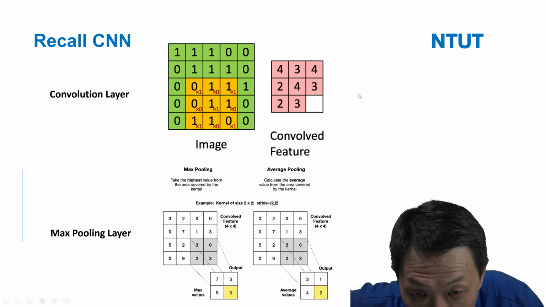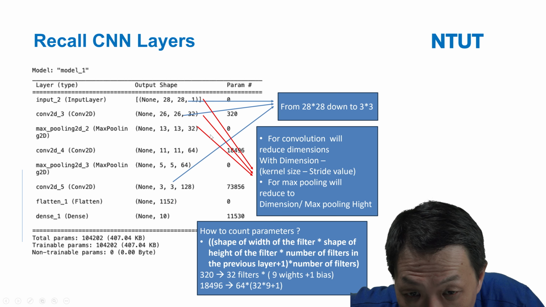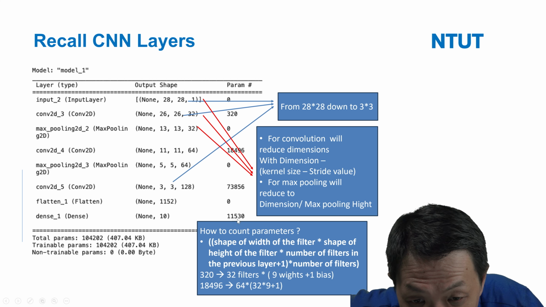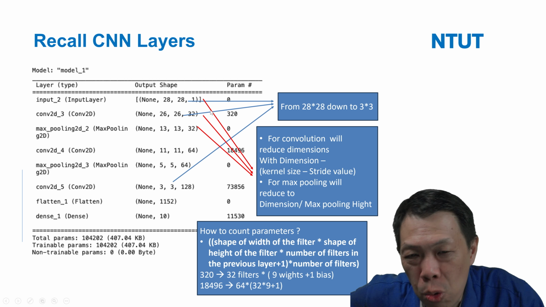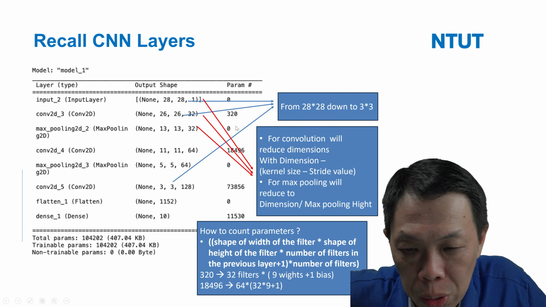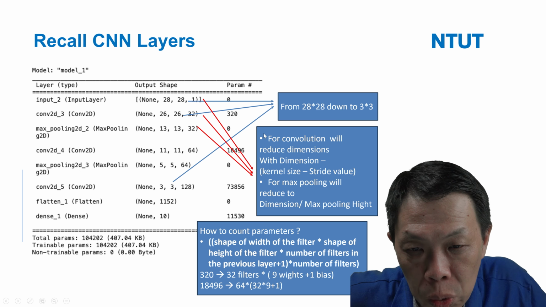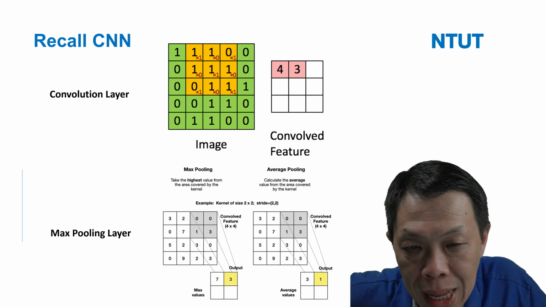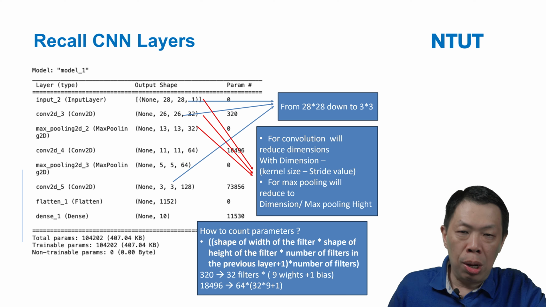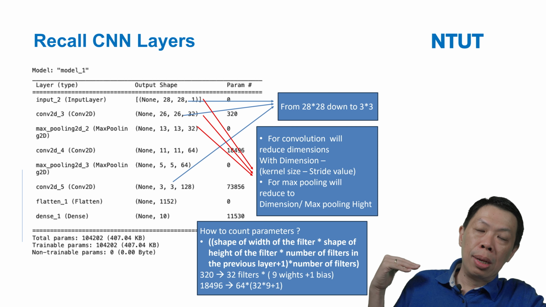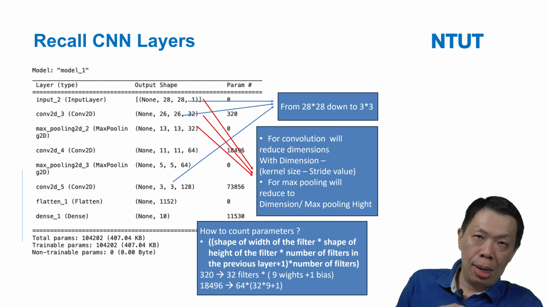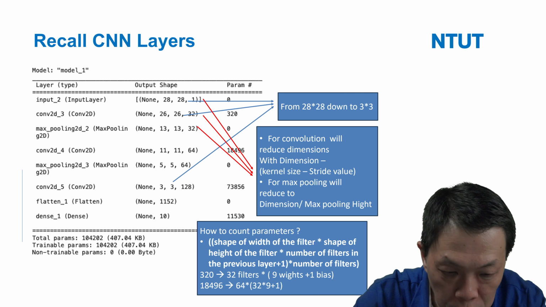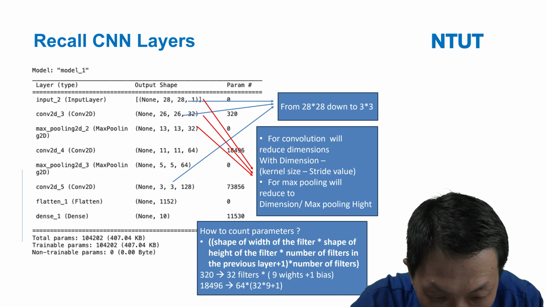So that's the model we generate. Actually, these are all the parameters. It's around 100K. Okay, so that's the model we generate. Later, we can put all the training images and the test images into the model, just like what we did in the DNN workshop. So we go to the code.